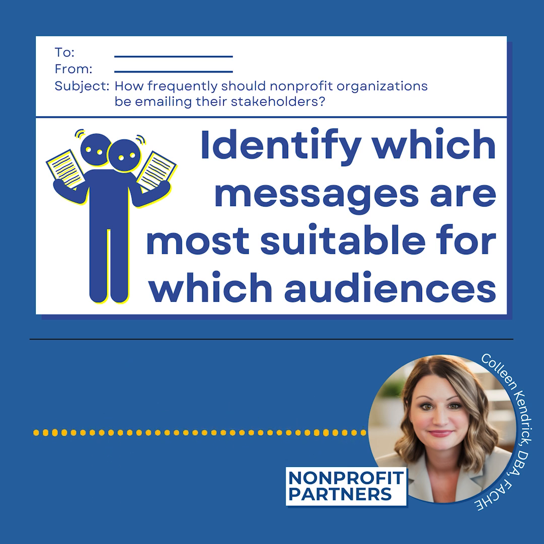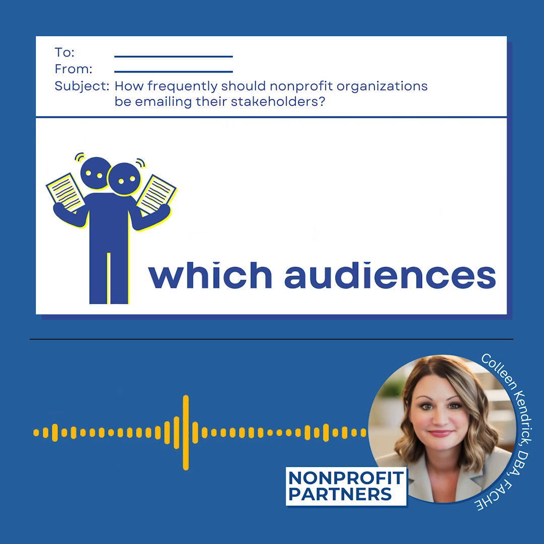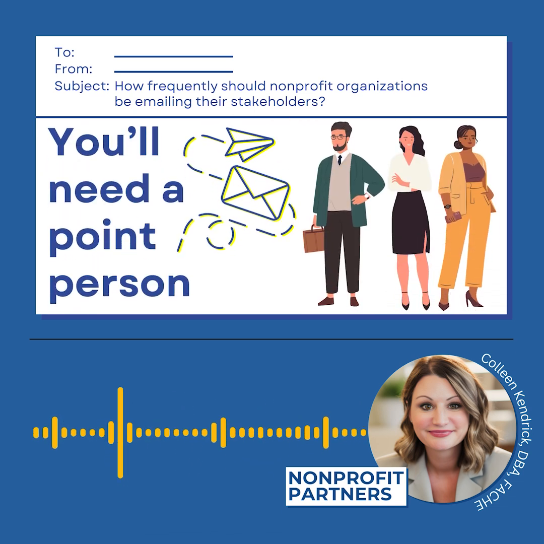Just remember that you need to have every department who will be sending emails at the table when the schedule is built, and you'll need a point person that the team can go to with a request when an urgent appeal arises. That lead should have a handle on all of the emails that are on the calendar and which audiences they are being sent to. That same lead should also be responsible for your contact list management and assessing analytics.